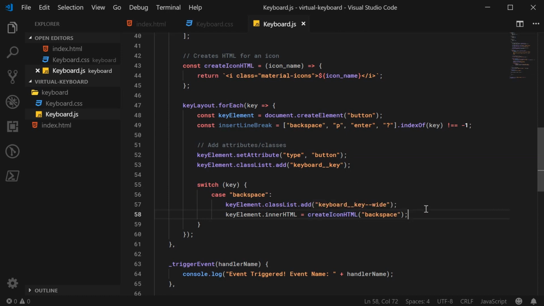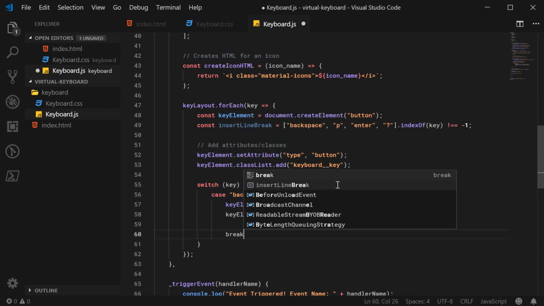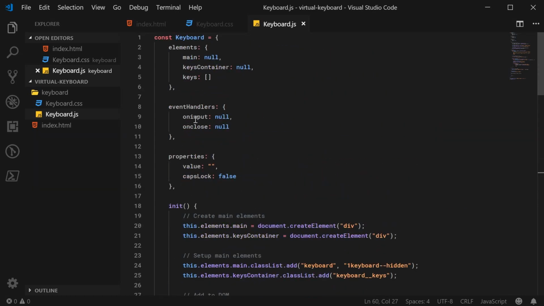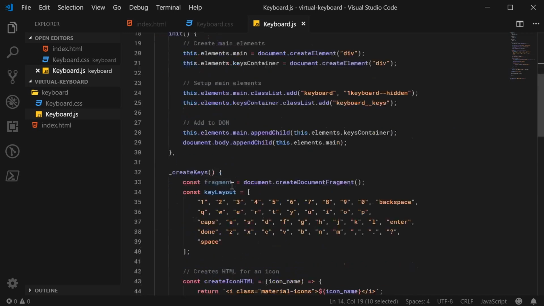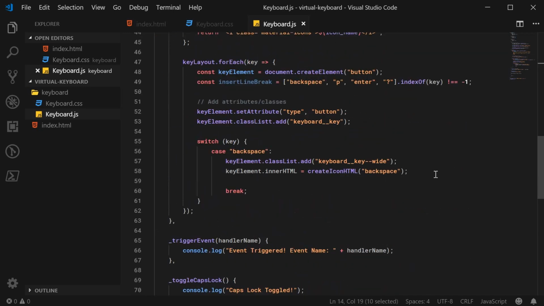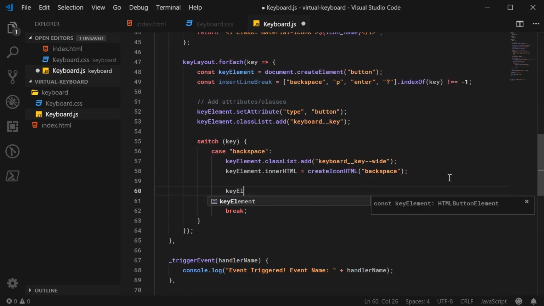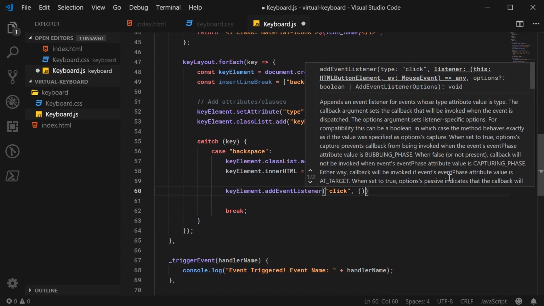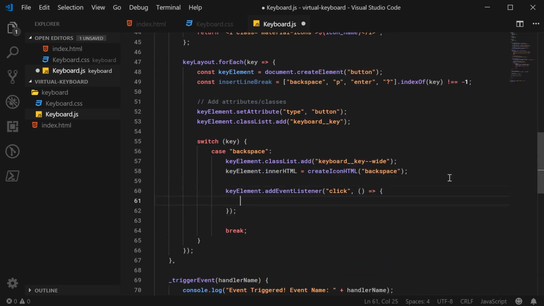Alright, so of course the backspace key needs to be wide, so it's going to have the class of keyboard_key--wide, and also it's going to do different things for the actual onclick event. So when the key gets clicked on, when you press on the key, it needs to, of course, remove the last character on the current value. All right. So let's go back down here, and we can say keyElement.addEventListener. We're going to say click. We're going to run this function inside here, and basically it's going to say